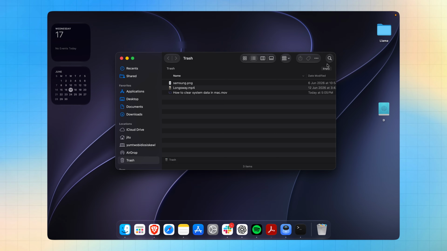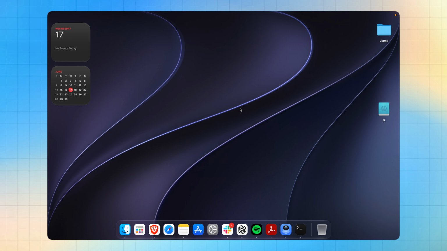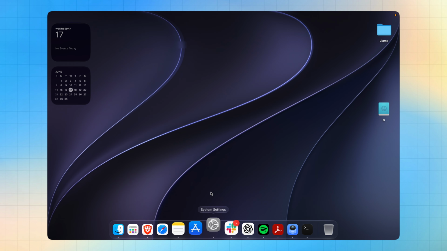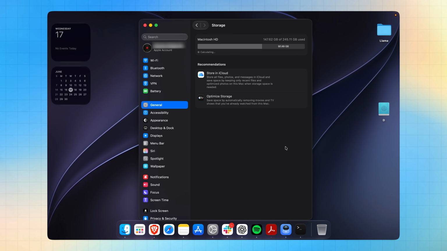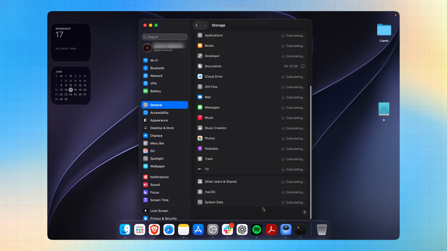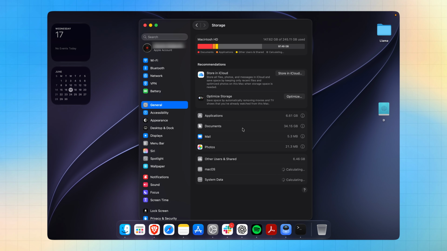After you've done that, many people forget to clear the trash. Now, trash is always available on your dock right over here, and then they forget to empty it. How to empty it? Just go on the top right and see this little button called empty. Click on it. It's just going to empty trash, and that is how you've cleared some of the storage. Now you can do this file by file and